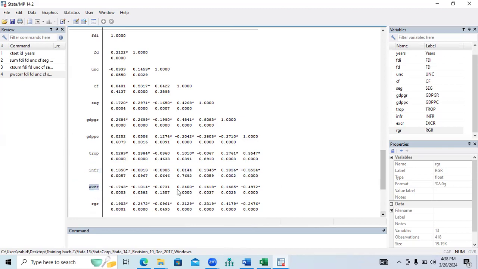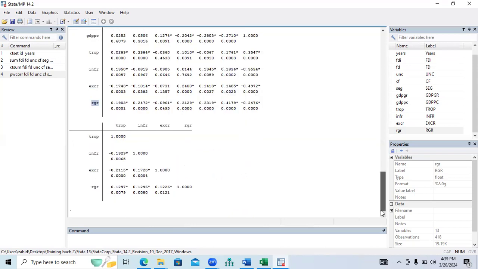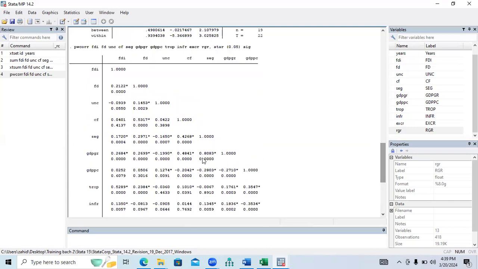Exchange rate, no multicollinearity. Real growth rate, no multicollinearity issue here. We only find one more multicollinearity issue, but as I have told you, we are using the panel data estimation, so we don't need to worry about this. We can still report this